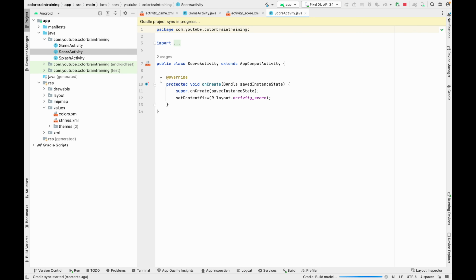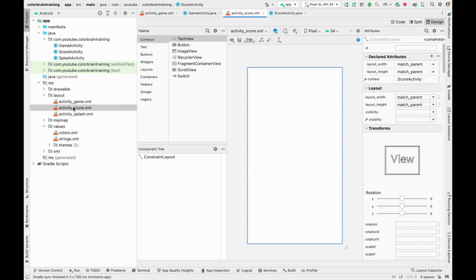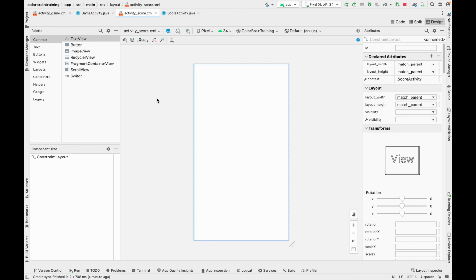Again we have to wait a couple of seconds to finish the Gradle build. Once the build is done, the next thing we can do is go to res, layout, and open this activity_score.xml file. Inside this activity_score.xml file, we have to write the logic so that we can show the score. So for this, what I'm going to do is add